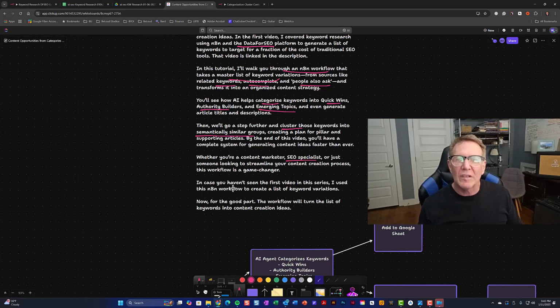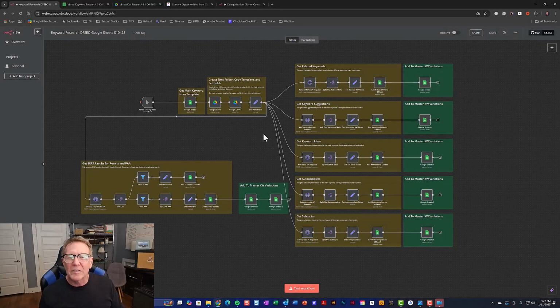In case you haven't seen the first video in this series, I used this, which I'm about to show you, n8n workflow to create a list of keyword variations. So this is the keyword generation workflow. Basically, I am getting a main keyword and using DataForSEO, which is an incredible platform, which I talk about in the first video, to get the search results for that keyword. The people also ask for that keyword, related keywords, keyword suggestions, keyword ideas, autocomplete, and subtopics, and put them into